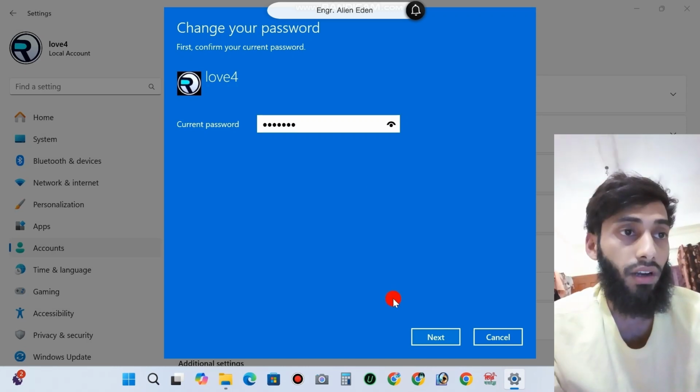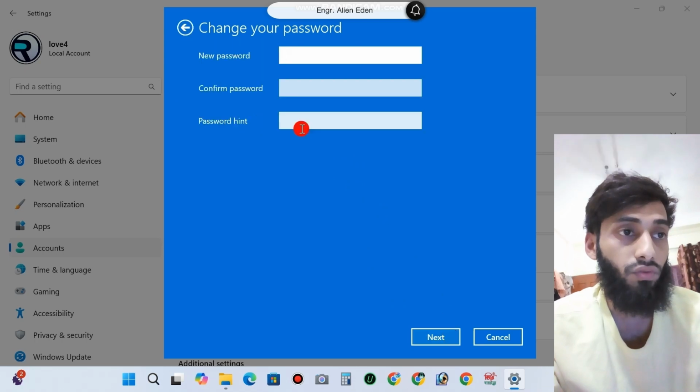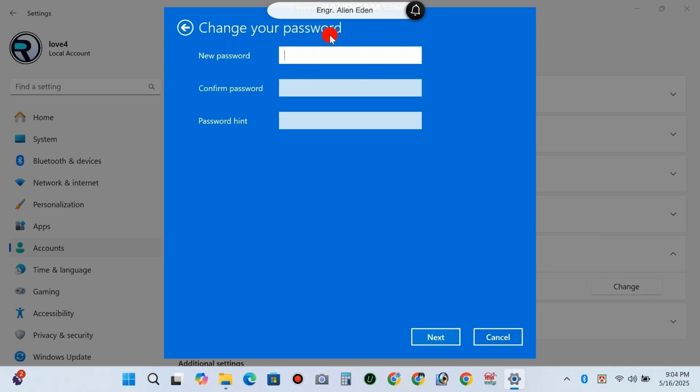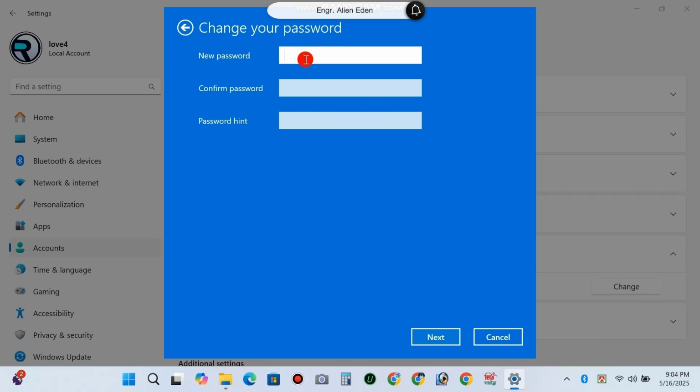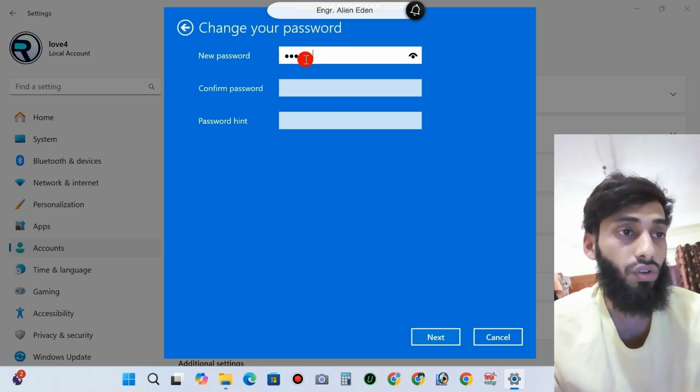After typing the current password, type a new password. I'm typing here a common password. You can choose a strong password for your laptop or PC. Then I am giving again a password hint,